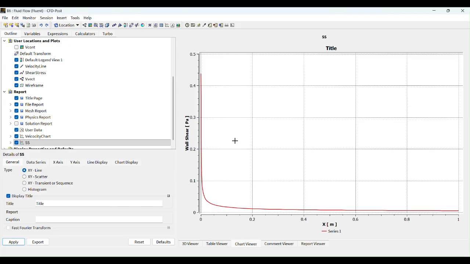And as you can imagine, when u is 0 and then it changes to something at a relatively short distance, the du dy is going to be very high at the beginning, which is why we see a really sudden drop off, because du dy is going to instantaneously drop off, and then the decrease is going to plateau, and what happens is this value approaches 0, but it never really reaches 0